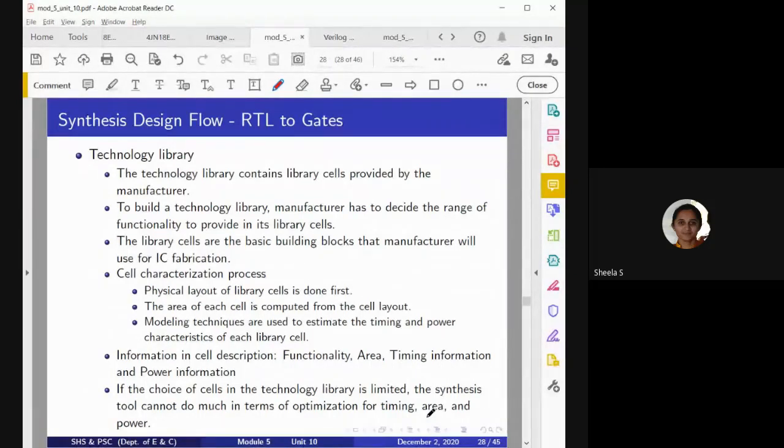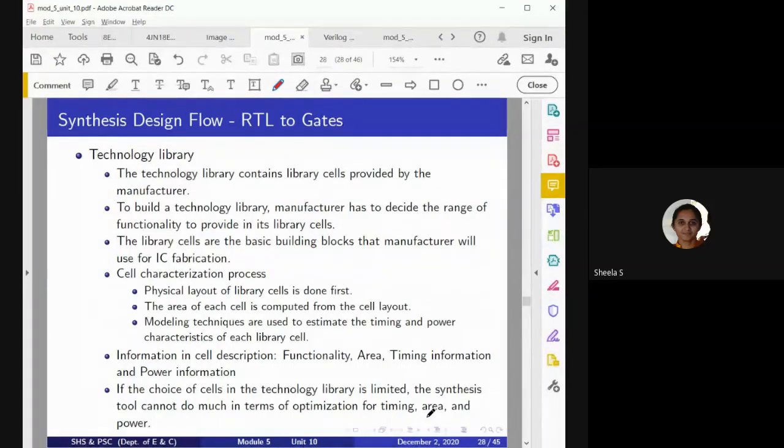While building the library, he has to decide what range, meaning how many cells he should consider, and what basic functionality should be included in the library, so that we need not write the program once again. The best example is while writing the structural architecture, we consider primitive gates directly, isn't it? If primitive gates are not available, then what we have to do? We have to write a program for primitive gates, and then it should be included.